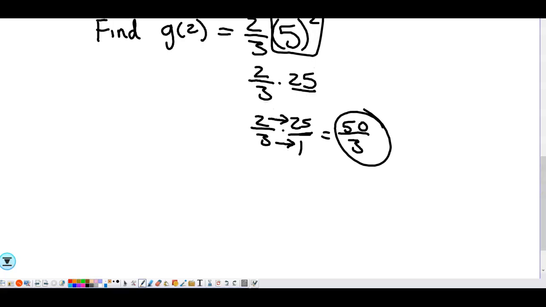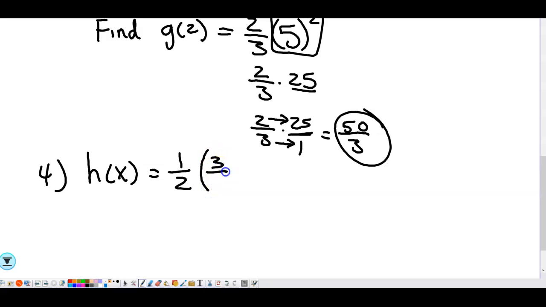All right, one more. How about this number 4? Yes. All right, how about h of x? I'm going to give you a new function. h of x is equal to 1 over 2 times 3 over 4 to the x power. Now I'm going to make both of them fractions because fractions are fun. And we're going to do h of